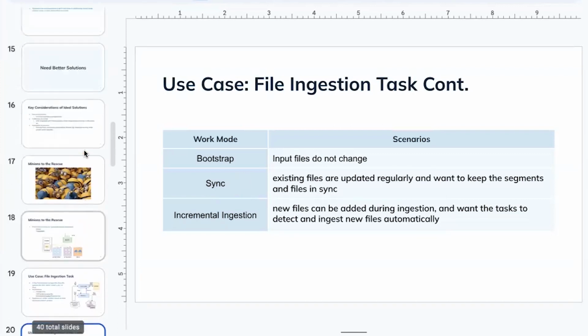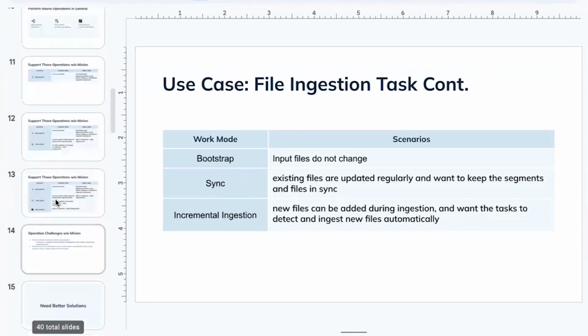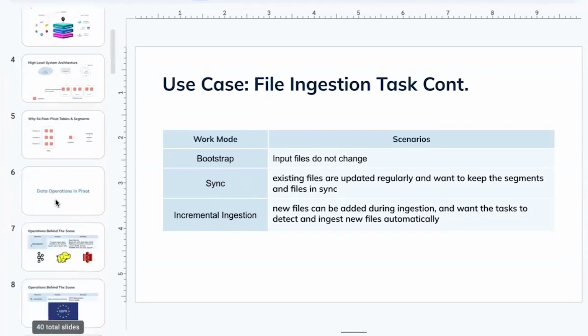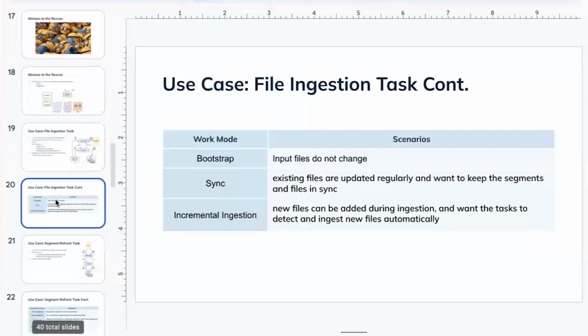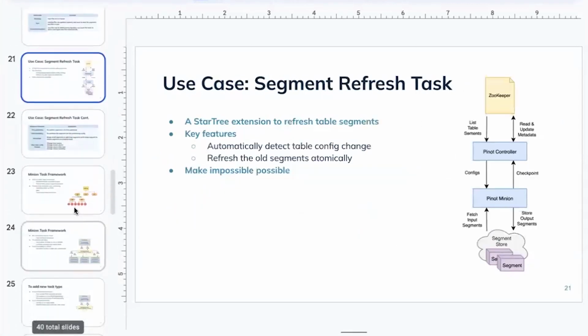But we also have an ad hoc mode where it's not a schedule, but an API where you can submit the task and it's going to run just one time, like for one-off ingestion or an ad hoc bootstrap or something. So we have both these modes. Does it answer? Thanks.